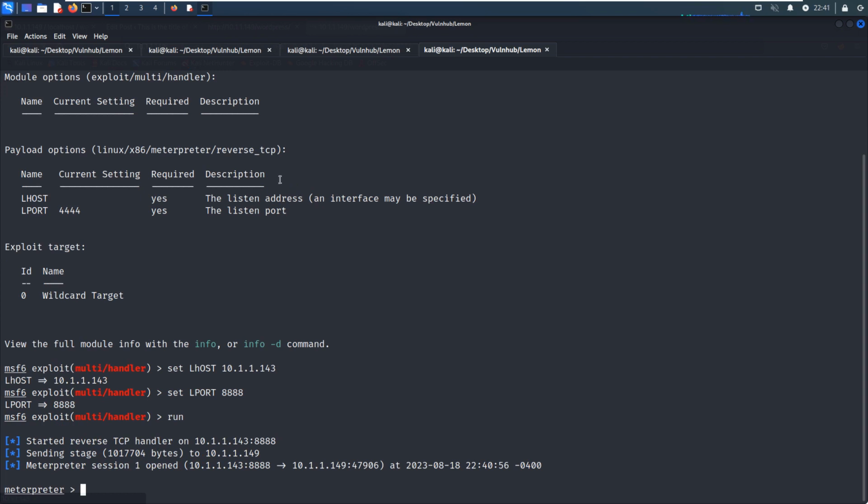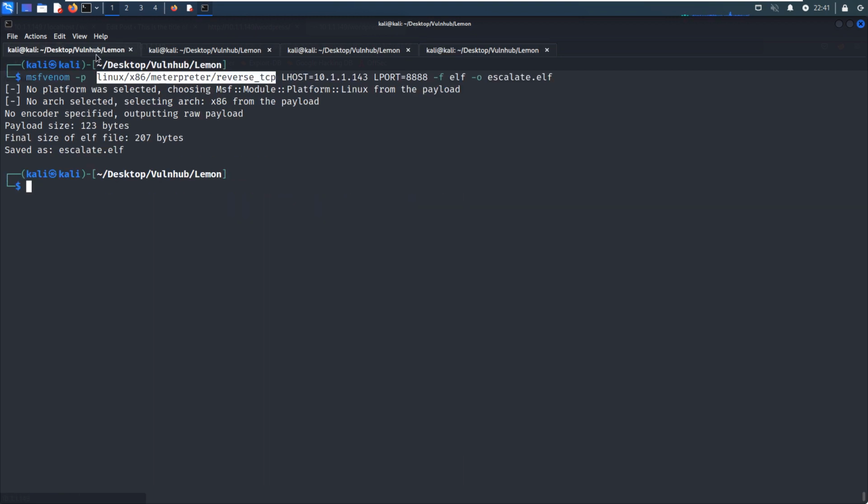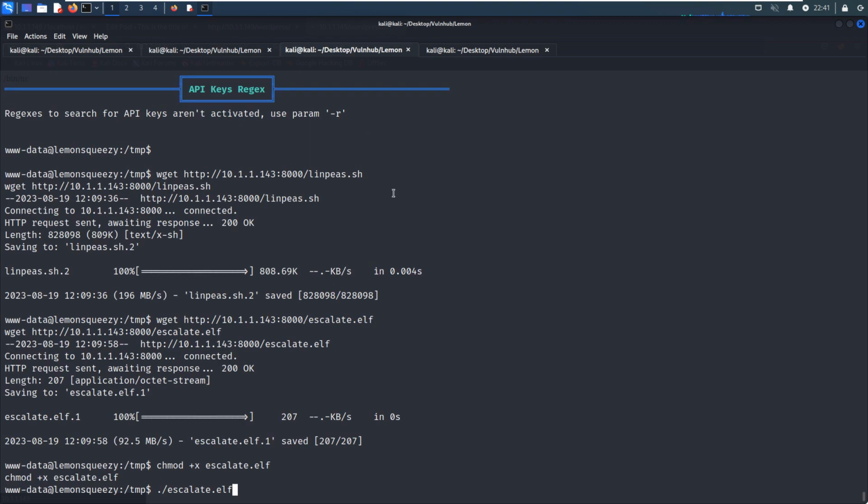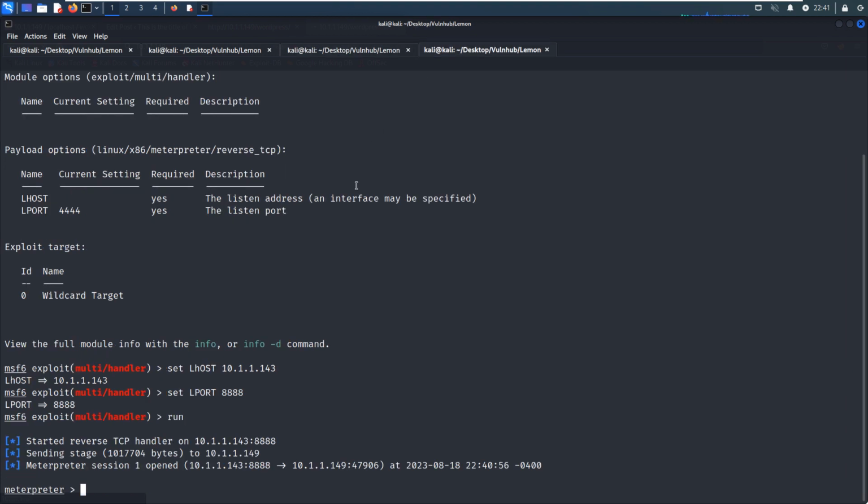Already? Oh, because I have already uploaded another one. Sorry about that. Because the first time I had already uploaded the escalate payload before. Anyway, the result will be the same. So now we can background it,